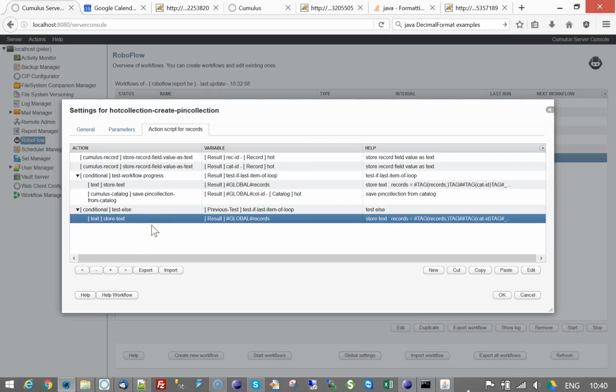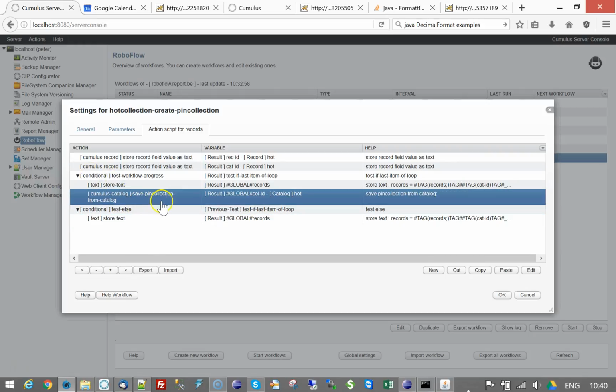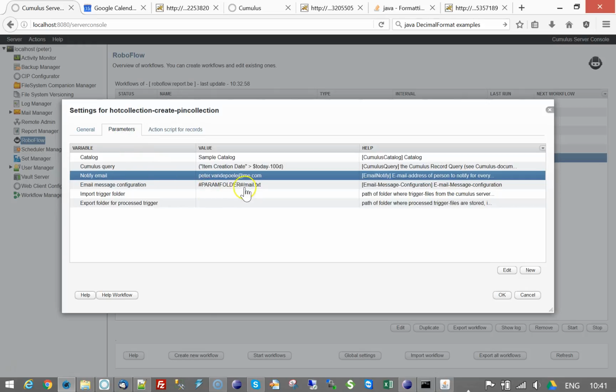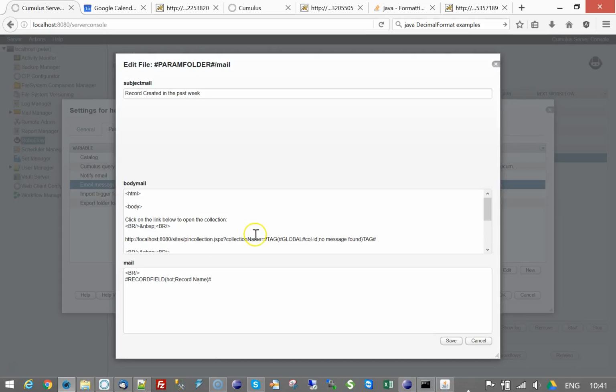So, very, very simple workflow. All we do is create a little string in which the catalog ID and record ID is specified, and then we're passing that information to the pin collection instruction. Then I'm mailing this. Now, if we look at the mail, as explained in other training movies, it consists of